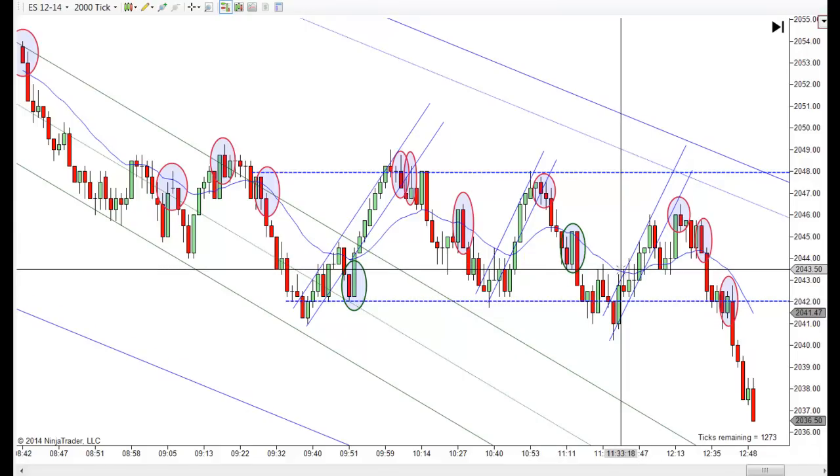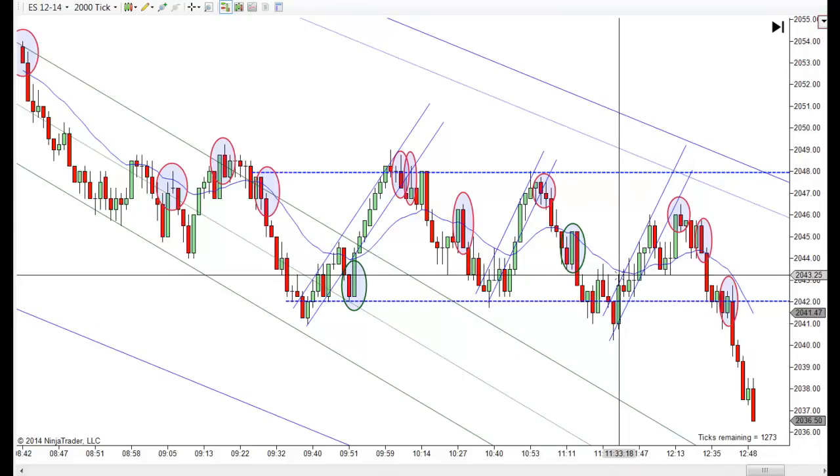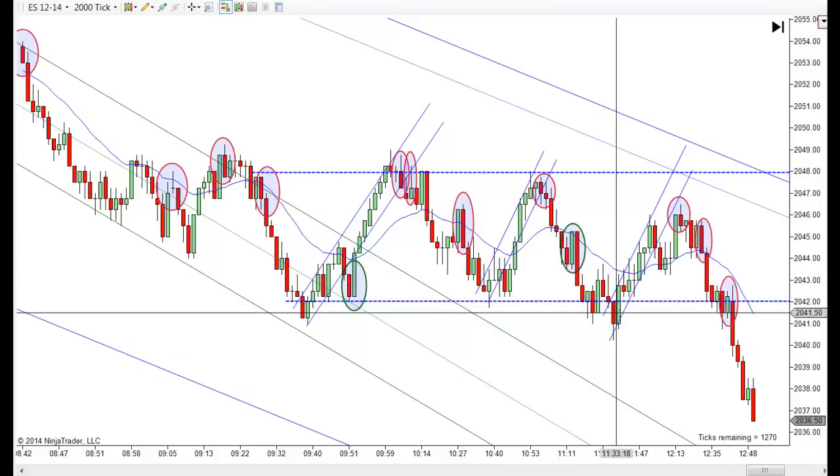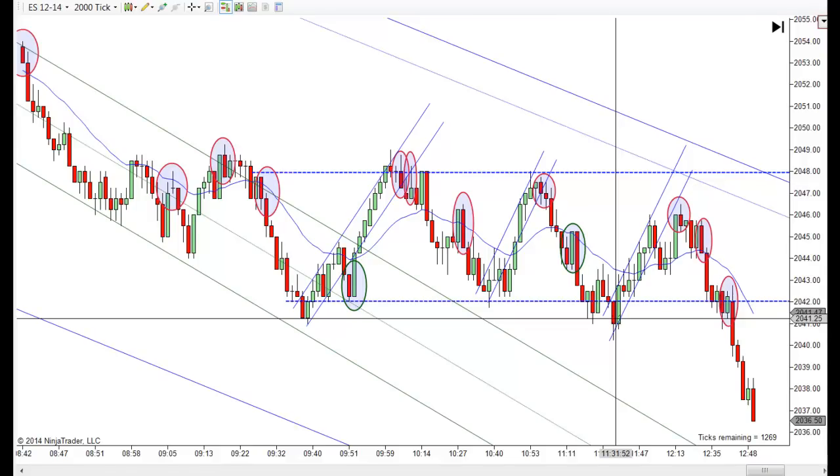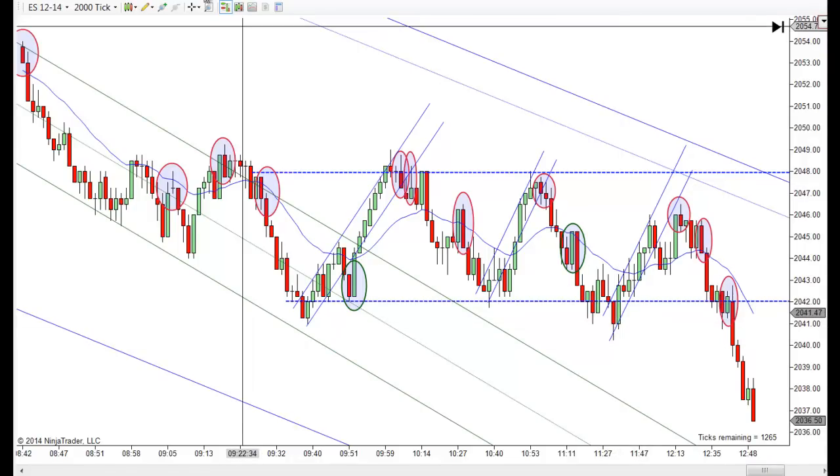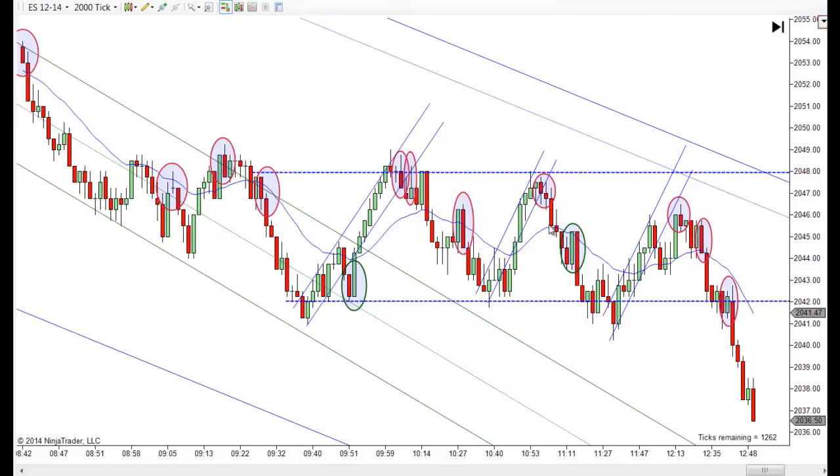If you use a stop, your entry was 43 and a quarter, and you would have gotten out of that one before it bounced, so it wouldn't have mattered. But sometimes you don't. And it's just a little risky when there's so many other good trades here. And then you bounce off, you get a little failed break lower.